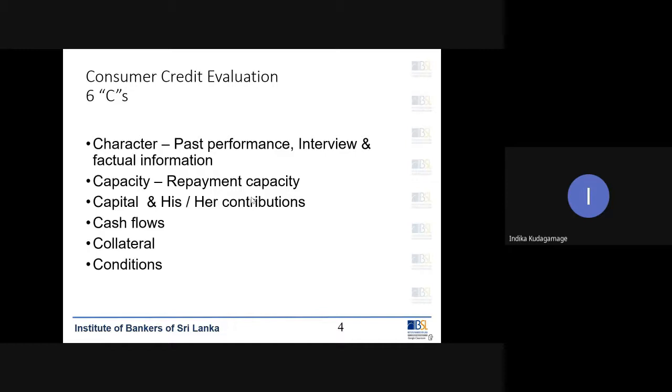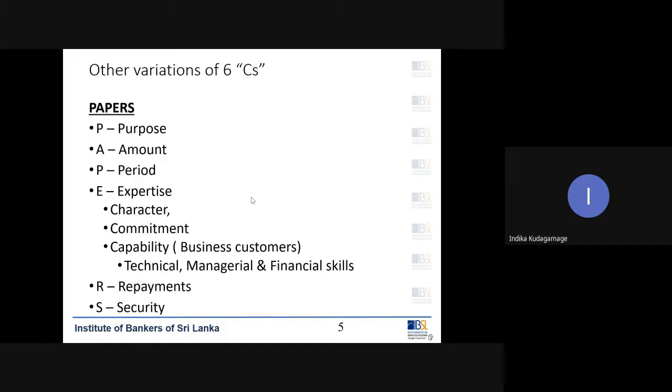Retail and consumer credit evaluation. We just finished the 6 C's of credit. We have other models developed from this. One is PAPERS. Purpose: what is the purpose of this loan? Amount: how much are we giving? Period: how long, whether it is 5 years or 6 years. Expertise: that is mainly to look at the character, commitment,